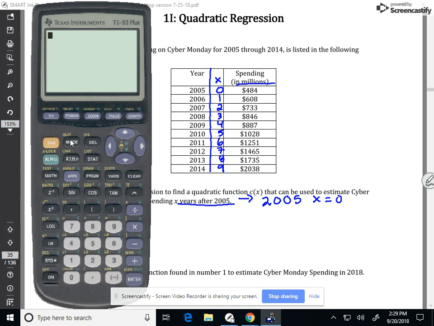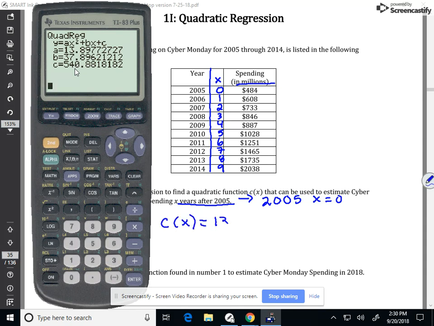So we're going to do second quit. And now I need to actually run the regression, and so we want to run quadratic regression. So you're going to press stat again, go over to calc, and then go down to quad regression. What this tells me is that the equation comes out in ax squared plus bx plus c form, meaning standard form, and these are my values for a, b, and c. We're going to round everything to the nearest tenth. So my function that I get is c of x